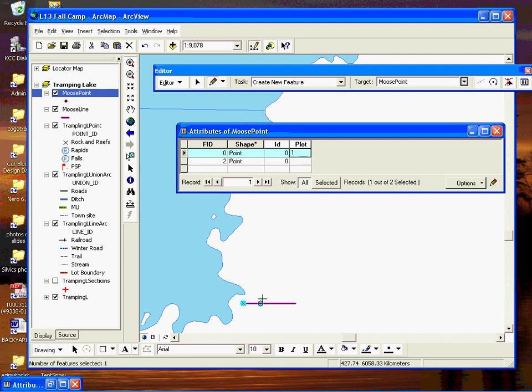Click and come in here and enter our next plot number, which will be 2. Hit enter, and then we'll come and snap on the end of that one as soon as the computer catches up. There we go. Click on it,